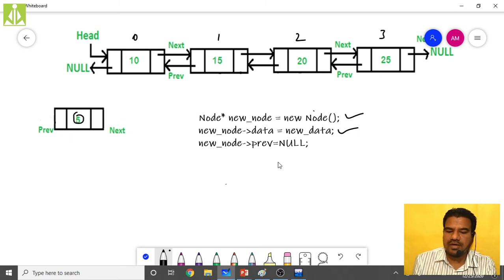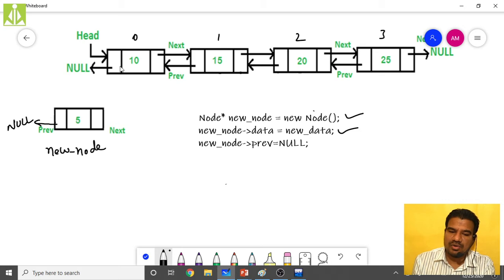Okay, then what we are saying is new node of previous equals to null. So like this will have null, like this will have null. This one is my previously created node, this one was the existing node, and this is my first node, so it is having null over here. Right now, the newly created node, this is my new node. I want my new node to be the first node, so the previous pointer should be null.